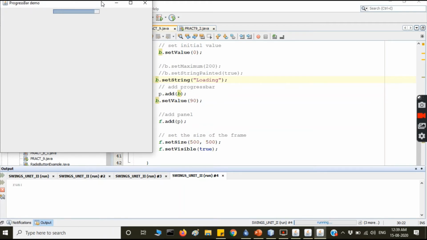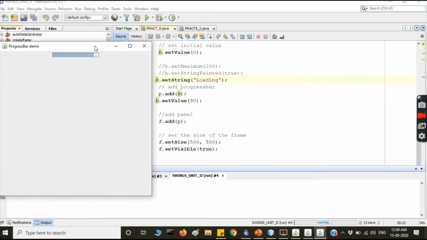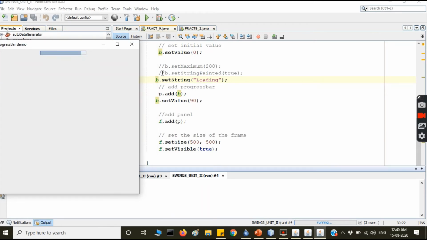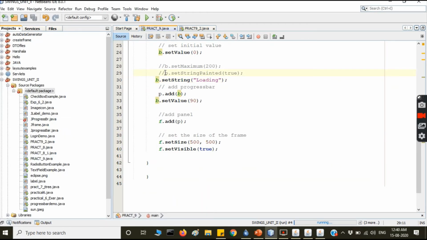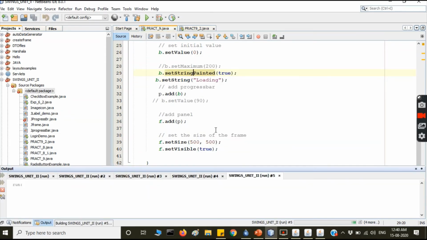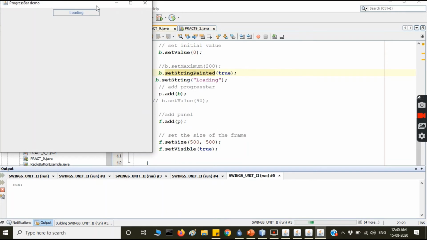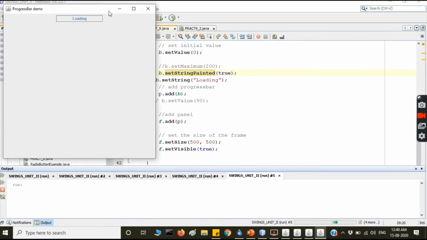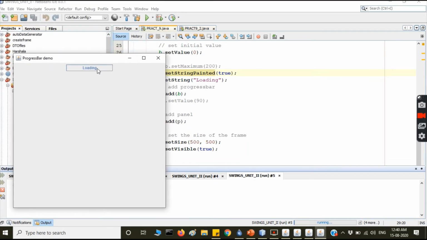Loading आना चाहिए. सेट वैल्यू को कमेंट डाला. See here, loading is written.